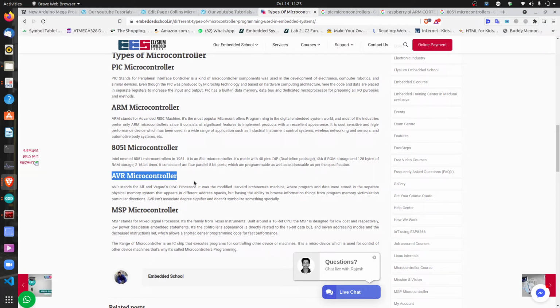You can install an Arduino platform in any other type of microcontroller, but this one is the most common one. They're ATmega328P, ATmega168, those kinds of things. That Mega chips is coming from AVR. Then there's also MSP. There are all kinds of microcontrollers out there. So just know that most Arduinos, like an Arduino Mega or an Arduino Uno, belong to the family